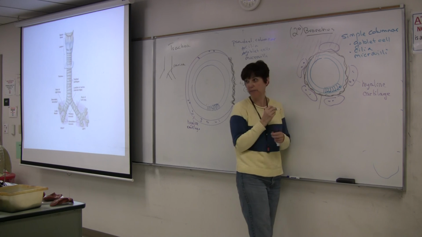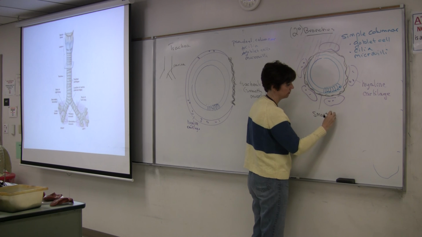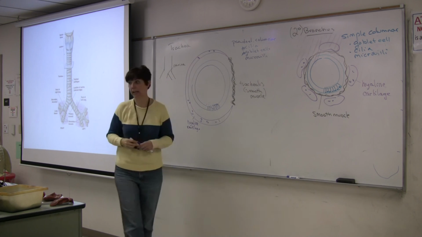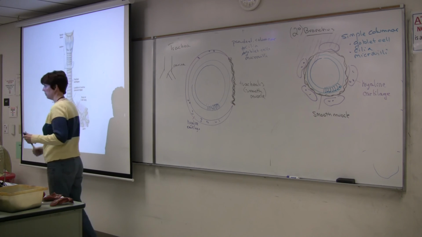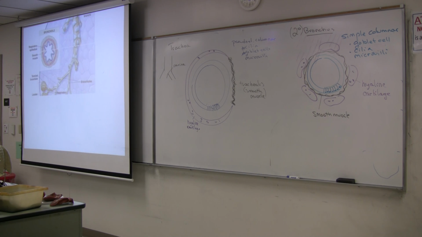And it doesn't have a name, it's just smooth muscle. Okay, so except for the primary bronchus, bronchi have characteristically simple columnar epithelia, plates of cartilage, and a ring of